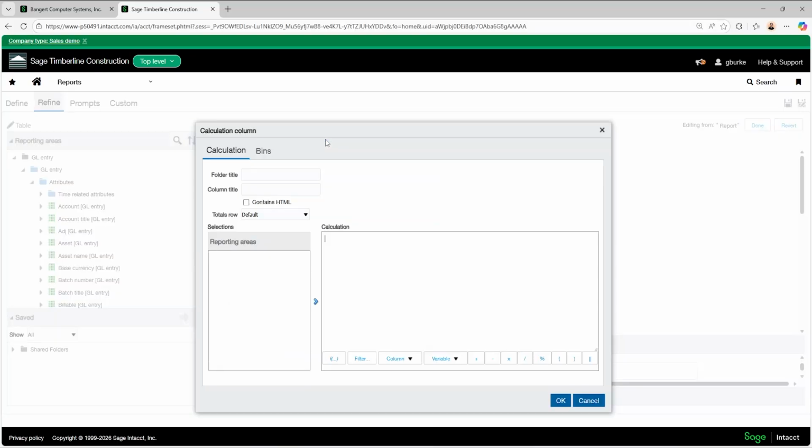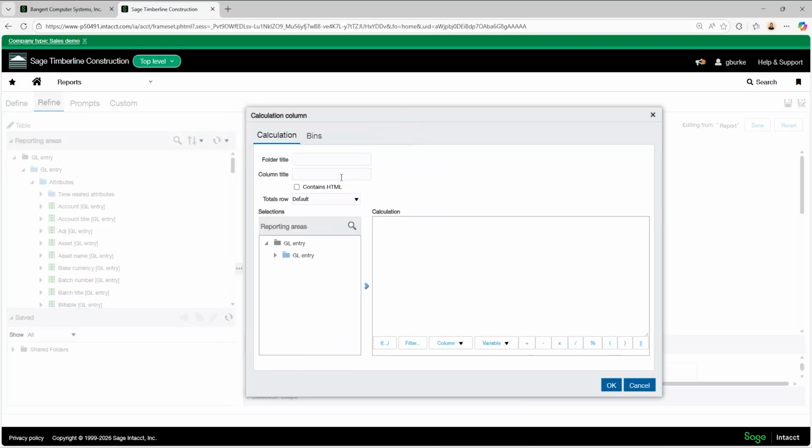So I'll go ahead and click on this ruler. And I'll call this column job costs. And then I'll start typing my case-when function. So just to make it a little visually easier, I'm going to type it out.